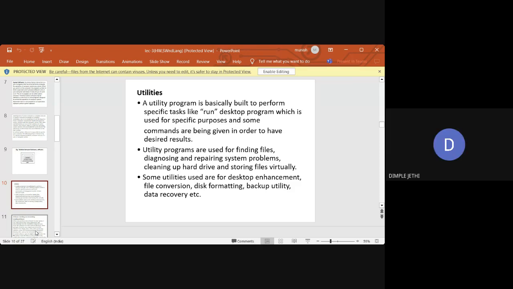The same way, there are utility programs which also come under system software. Utility means you run these programs for some specific purpose, in order to make your system work efficiently. Your system will work without them, but you want to make the working efficient. Like you have mobiles, right? But sometimes you want to